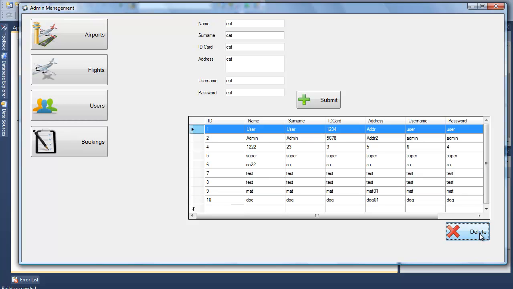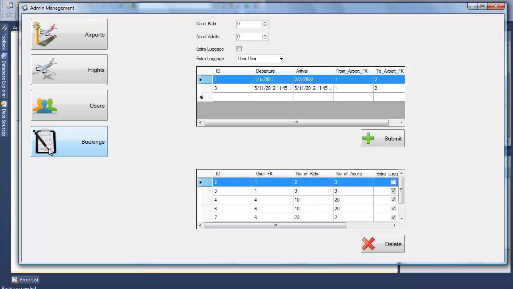And finally we have the bookings. We do the number of kids, we write number 1, and the number of adults, and they don't need the extra luggage. And we have the client, which was already made. We choose from here,